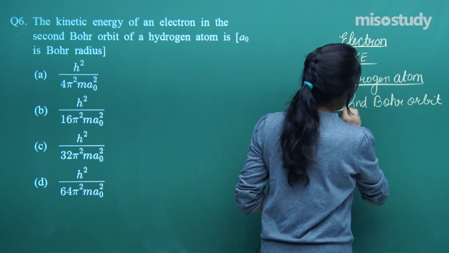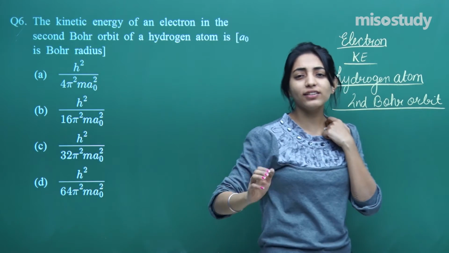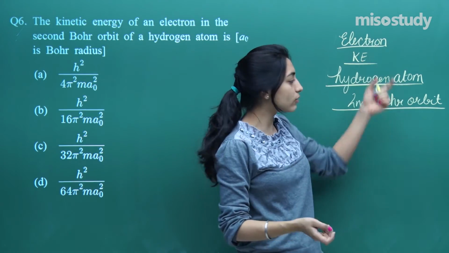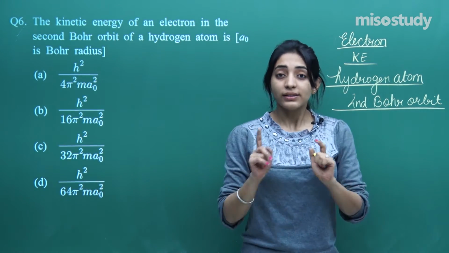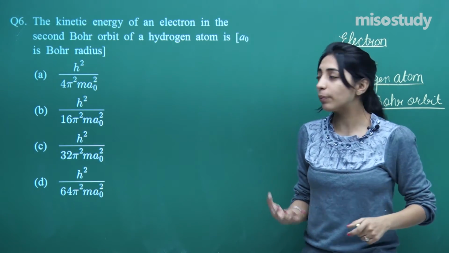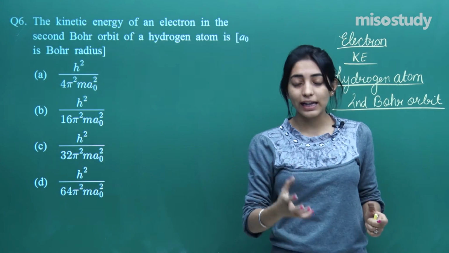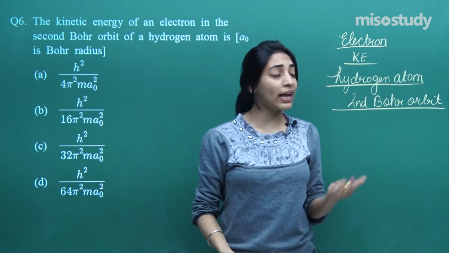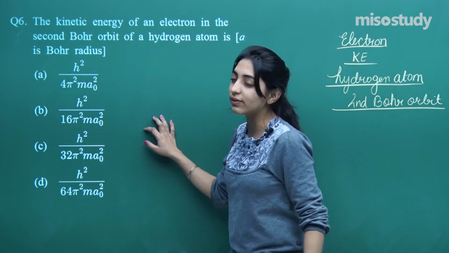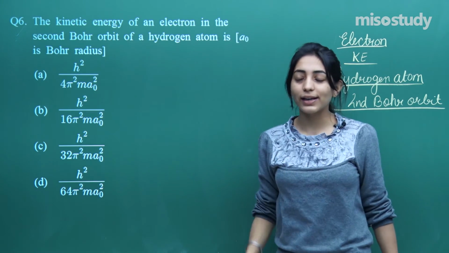See guys, whenever you go to market and your mom starts shouting from the back end, go get this also, get a packet of this, get this, get this. So you prepare this checklist, right? This is all to be taken from market. Similarly, while you are practicing questions at home, try to make it a habit of picking out something important and writing it separately, because it really helps you understand the question and get the answer quickly. So just imagine when the question is given, it's your mom shouting, go get this, go get this. It will be really helpful.